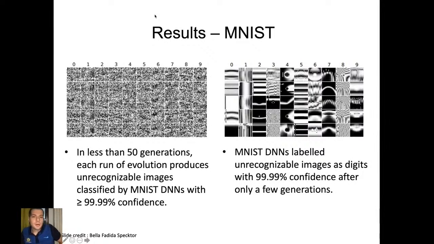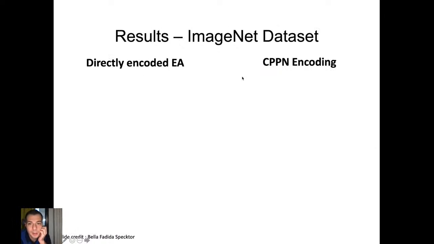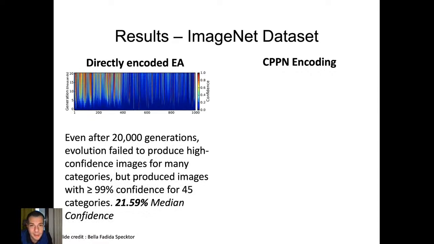Okay, and these are examples generated with the CPPN, and once again these are some random patterns that are classified with 99% confidence into these classes. Once again we observe these vertical patterns for one class, but for the other classes it's not really clear. So maybe this is the only intuitive pattern that we can find. And the same happens for ImageNet.